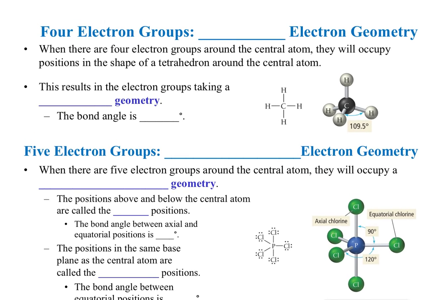4 electron groups is called tetrahedral. So this is where we start to break into 3 dimensions. The other 2 are still kind of in that 2D, 1D space. So tetrahedral geometry,